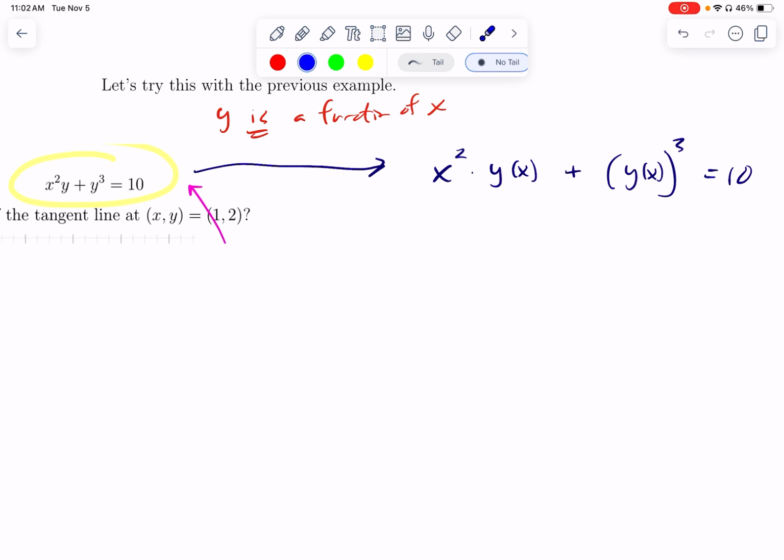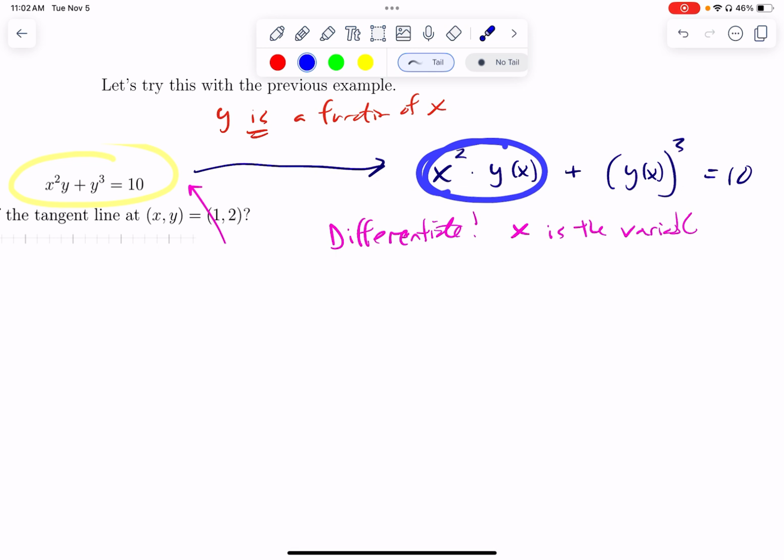the same. So what I'm going to do is I'm just going to take the derivative of the entire left side, and I'm going to take the derivative of the entire right side. So I'm going to differentiate. And I'm going to remember that x is the variable. y is a function, x is the variable. So let's do that. The structure of this thing here